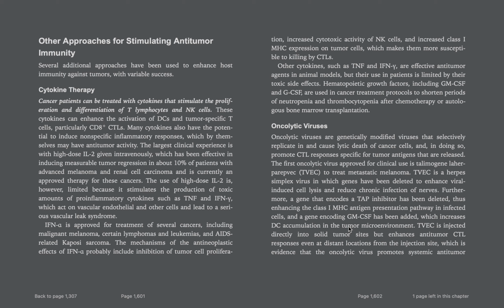The largest clinical experience is with a high dose of interleukin-2 given intravenously, which has been effective in inducing measurable tumor regression in about 10% of patients with advanced melanoma and renal cell carcinoma, and is currently an approved therapy for these cancers. The use of high-dose interleukin-2 is, however, limited because it stimulates the production of toxic amounts of pro-inflammatory cytokines such as tumor necrosis factor and interferon gamma, which act on vascular endothelial cells and other cells and lead to the serious